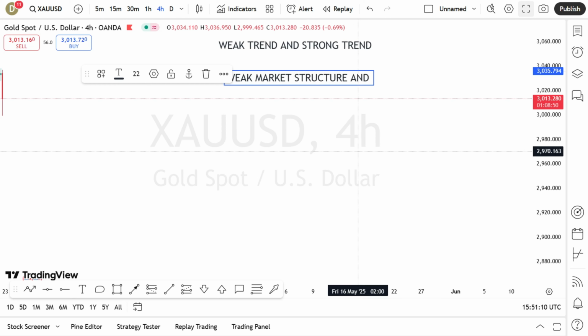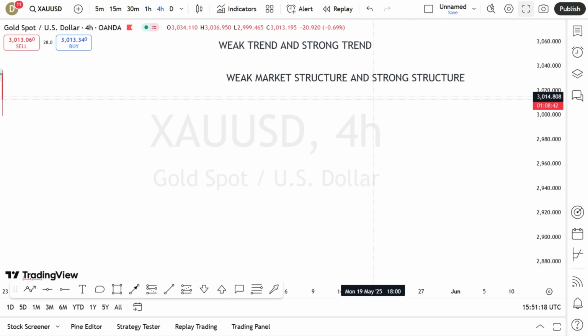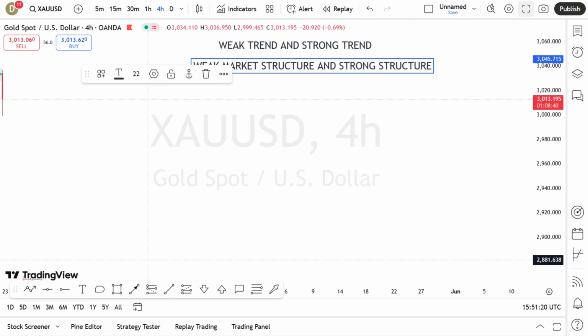We all know market structure comes with either a bullish trend,